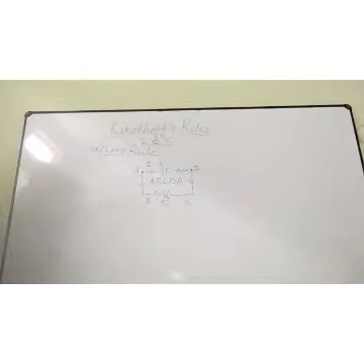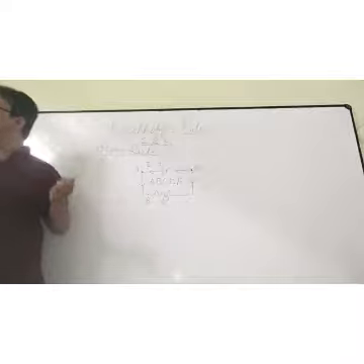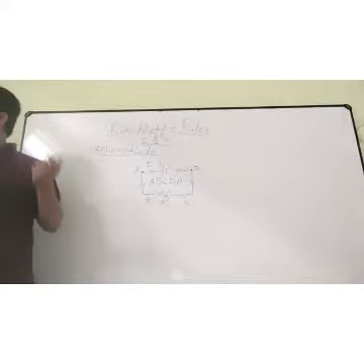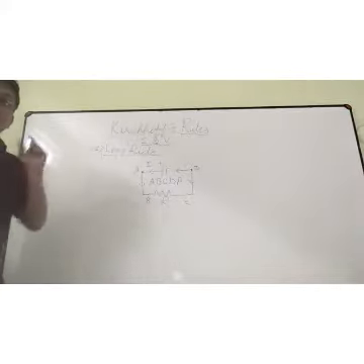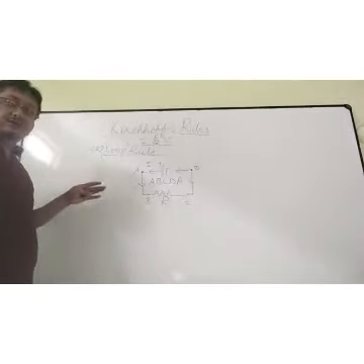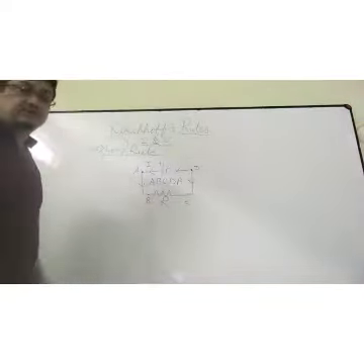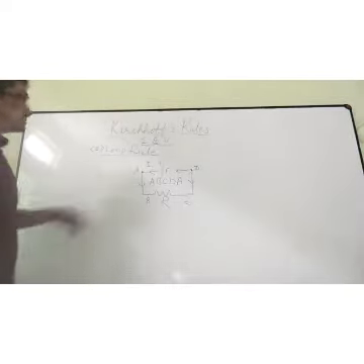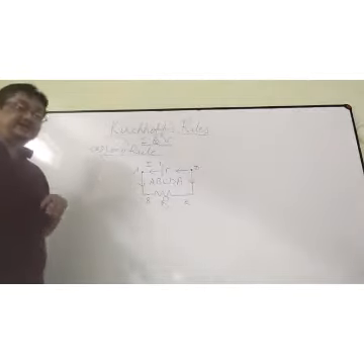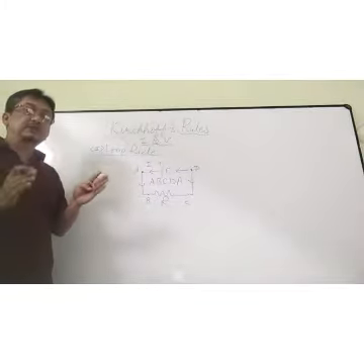So you can easily understand the loop. And what is the rule? The rule is that the algebraic sum of changes in potential around any closed loop involving resistors and cells in the loop is 0. This is the rule. But before understanding the rule, we have to understand the potential in the circuit. If there is a cell, there is no problem; you can easily say the potential of that cell is this one and that one. But when we talk about potential between the junctions, how can we calculate it?